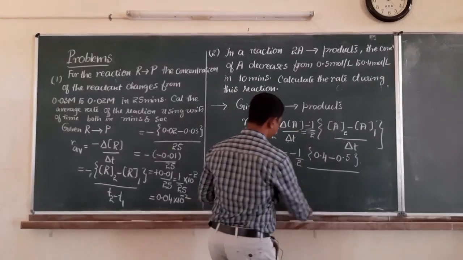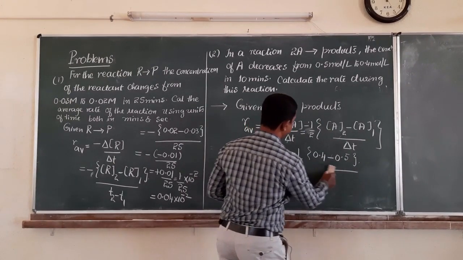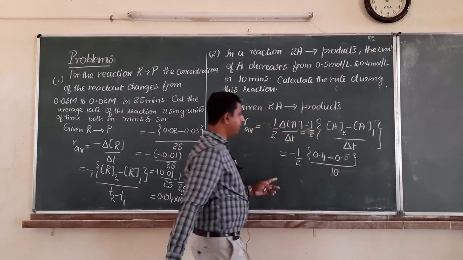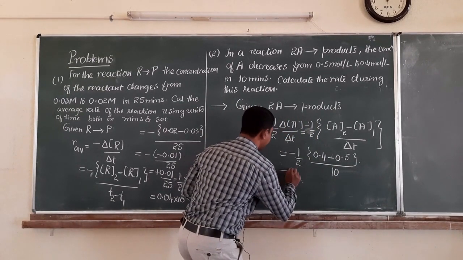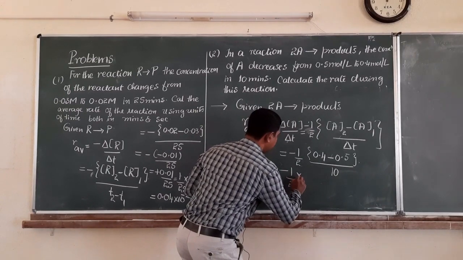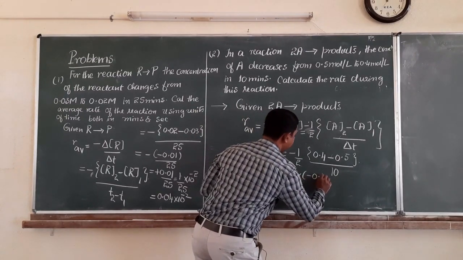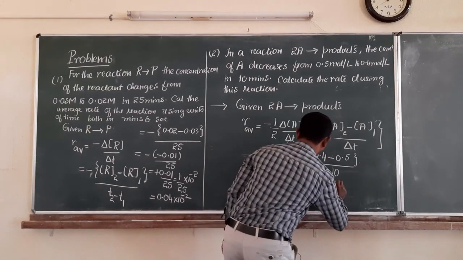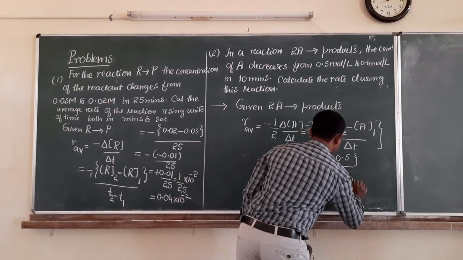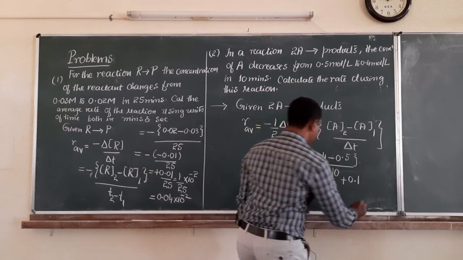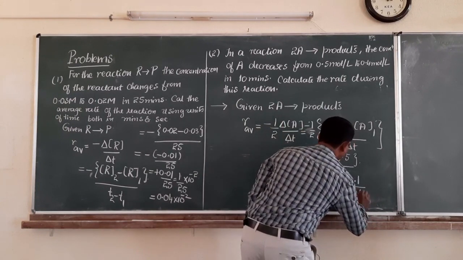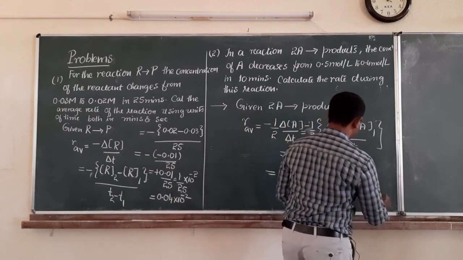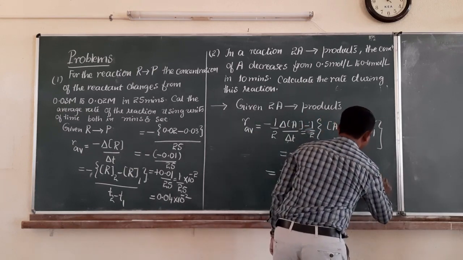It is equal to 10 minutes. So divided by 10, or it is equal to minus 1 by 2, it is minus 0.1 by 10. So minus of minus it becomes plus. So it is plus 0.1 by 2 into 10, or it is equal to 1 into 10 to the power